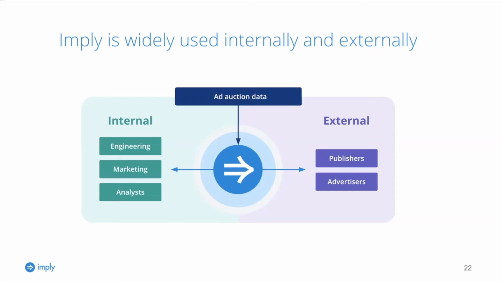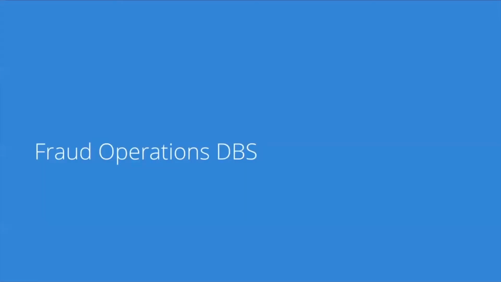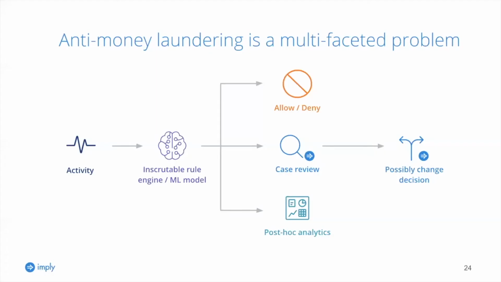And this is where the power of Imply having analytics in motion comes in. Let's take a look at another example. DBS Bank is the largest bank in Singapore. They are using us for an anti-money laundering use case. You can imagine they've got all sorts of solutions in the bank, with banking transactions coming in, being ingested, and compared to their machine learning models.